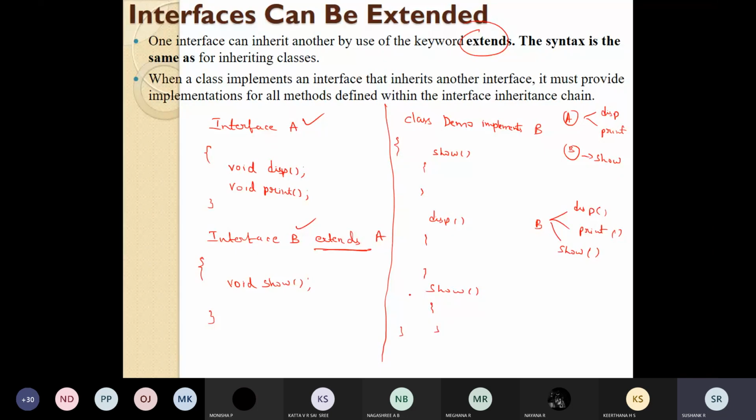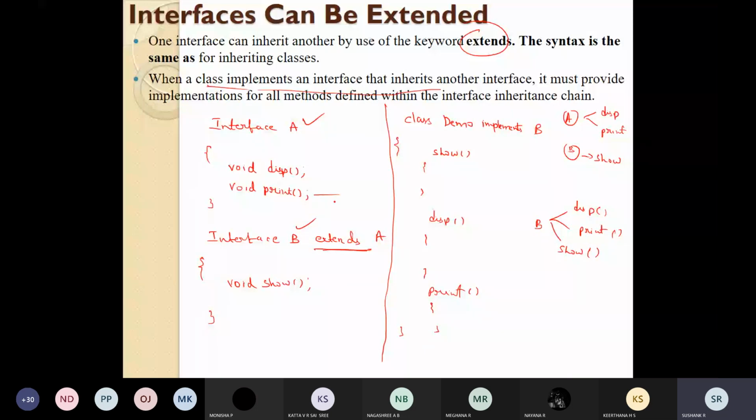So this is print. This method, like this. That is how the classes should provide. When the class implements an interface, here B is the interface this class demo is implementing.